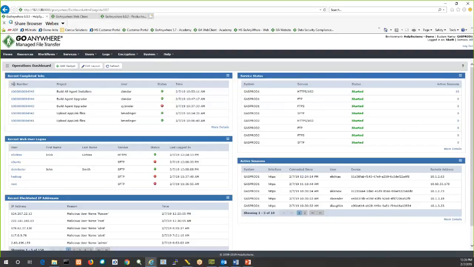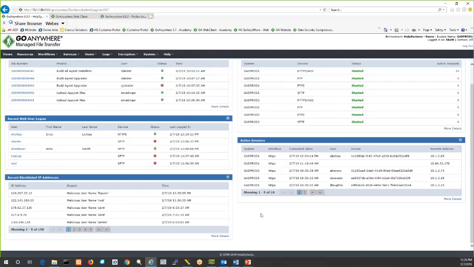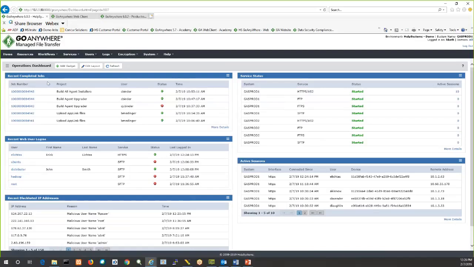This operations dashboard, we got the recent completed jobs, the web users logins, the blacklisted IP addresses, and so forth. So you get the idea of how these can be laid out. Again, these can be shared. If I jump back into my initial dashboard,